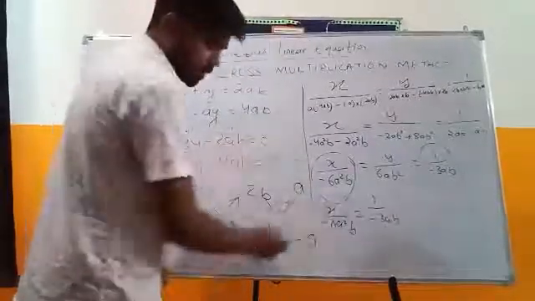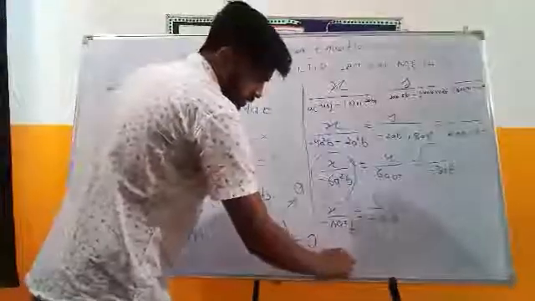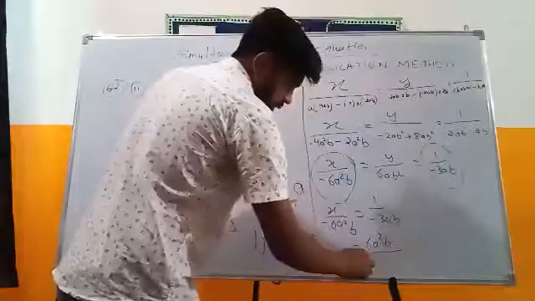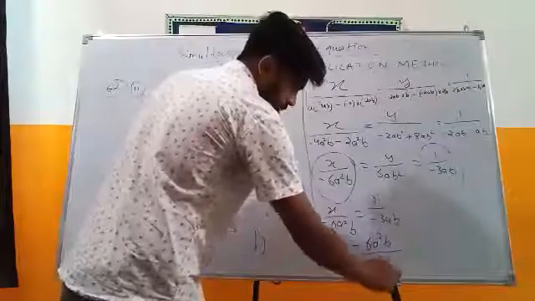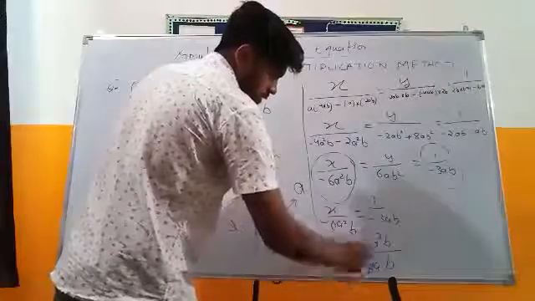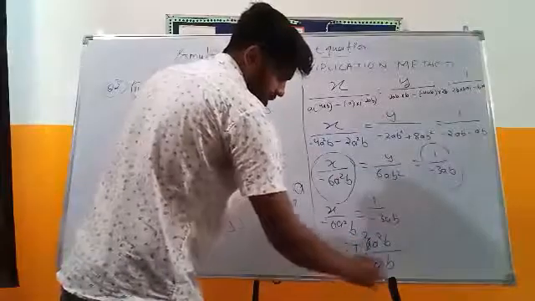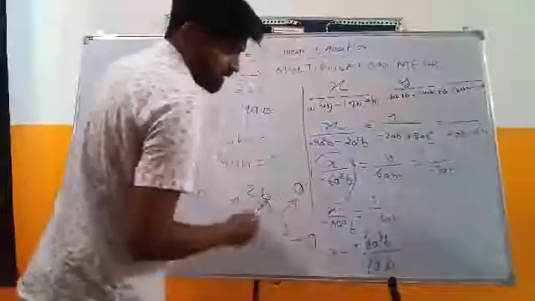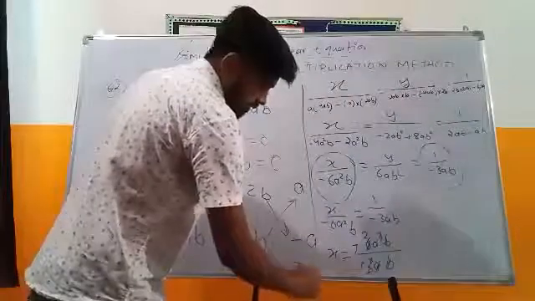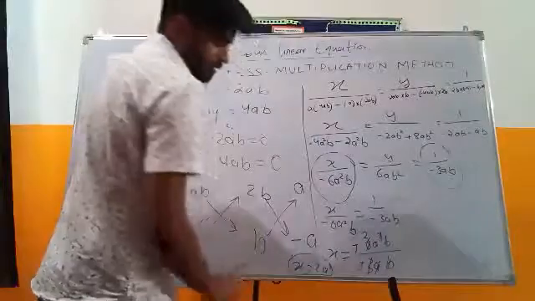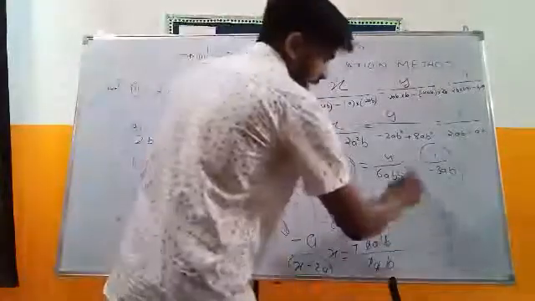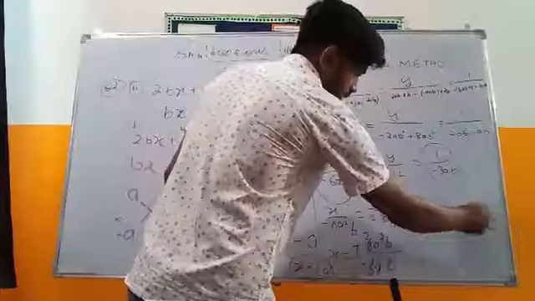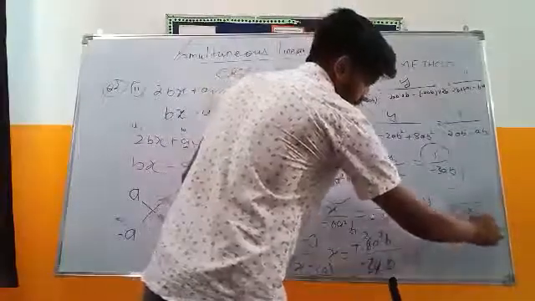I have to find the value of x. I need to leave x alone on this side, so everything is going to shift over there. So x equals to minus 6a square b upon minus 3ab. So 3 2 ja, minus and minus get cancelled, and then a and b and b. What is left? Only a is left, 2a. So x is equals to 2a. That's my answer.